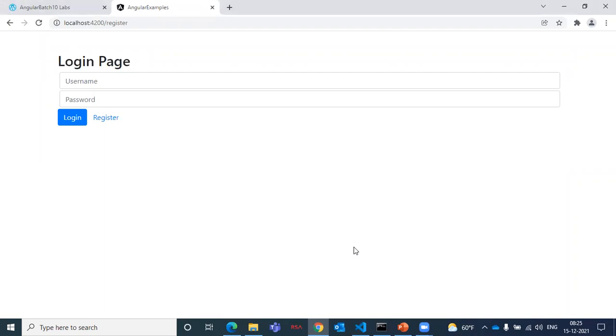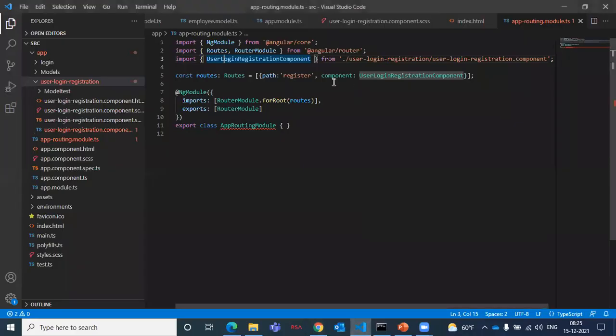Not able to go to the registration page here. So what do we need to do? For this route, when the user performs an action like going to the registration page, which component do I need to load? Registration.